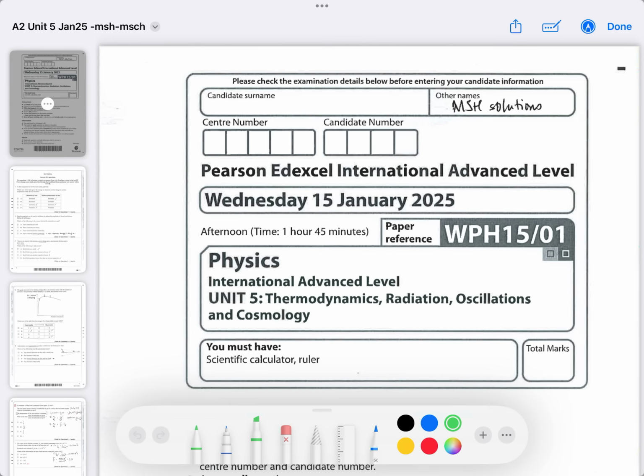So Unit 5 contains thermodynamics, radiation, oscillations, and cosmology. So it's similar to linear advanced 2 A-level. So students preparing for linear A-level, you'll find that this will really help you with the year 13 content